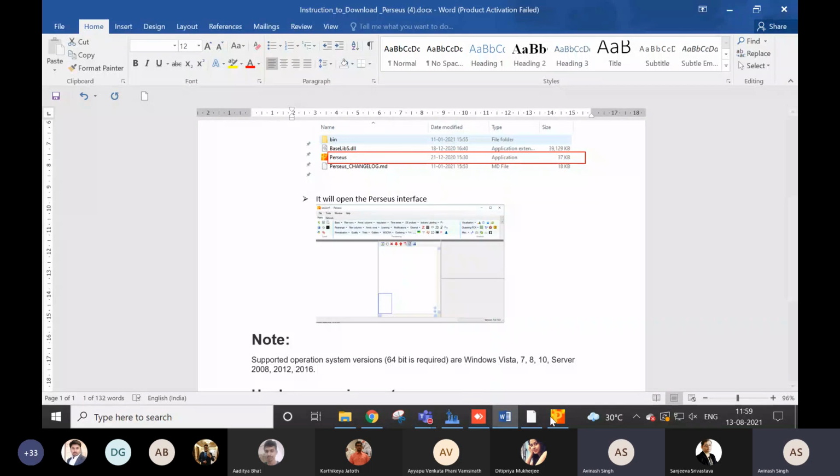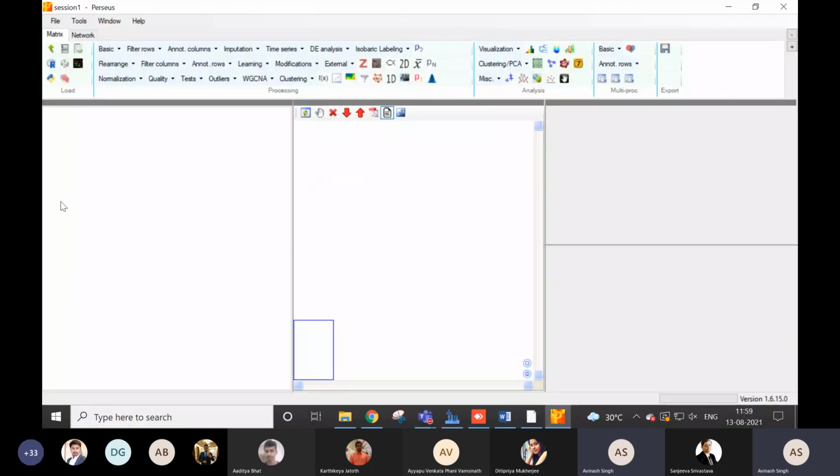So this is quite complex as compared to Metabo Analyst. Here you can do all the things. It is divided into three parts. First is the loading of your matrix, the raw files which you get from MaxQuant. So the MaxQuant output file you can directly use and input there.